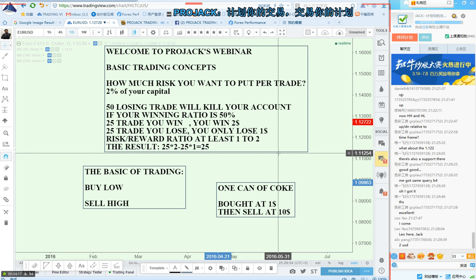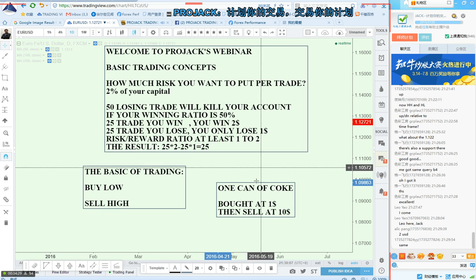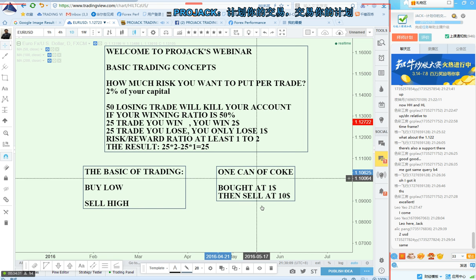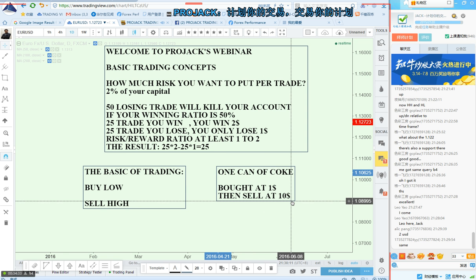Or $2 US. Wow, it's kind of expensive, right? Converted to renminbi, it's around 12 renminbi in China. But in China, the Coke is only selling at 2 renminbi, I think. So buy low, sell high. If you buy high and sell low, what's the result? You're losing money, right? I buy the Coke from the five-star hotel, I reverse it and sell at the wholesale price of $1. Straight away, I lose $9, correct?